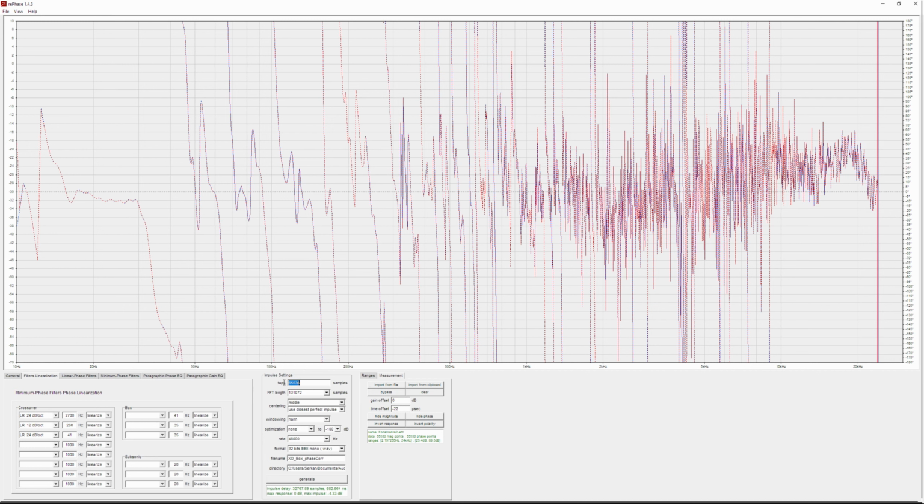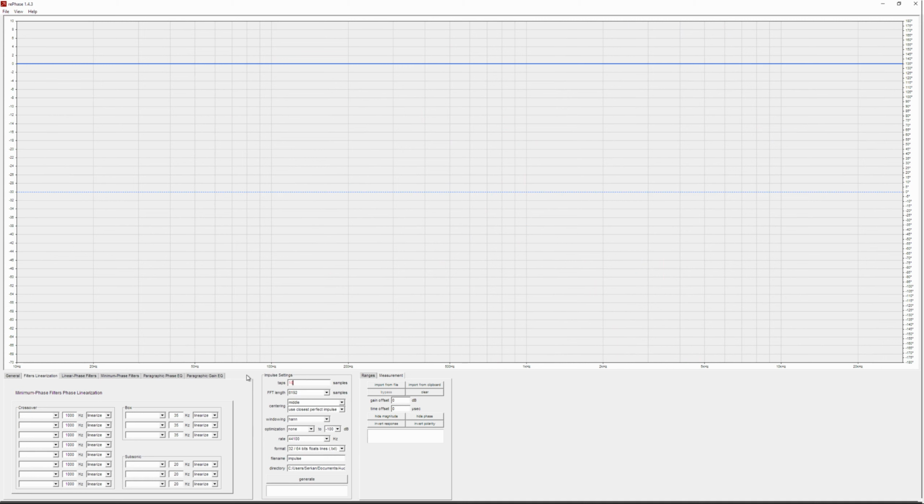But if you have a miniDSP which accepts FIR filters, your limit is usually 1024 taps in the 2x4 HD model. And with that one, now let's clear everything. Reset settings. Now you have 1024 taps, and let's say you have the same crossover linearization filters as necessary, one at 27 Hz and one at 260. One is 12 dB per octave, the other is 12. So this is the phase shift that needs to be applied to the speaker. As you see, no effect on the frequency, and I'm excluding the box correction this time.